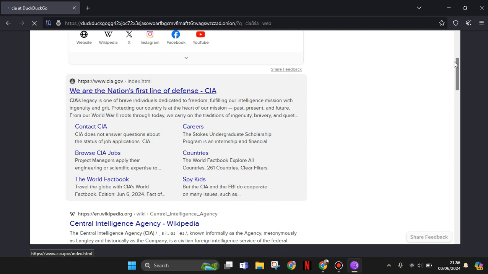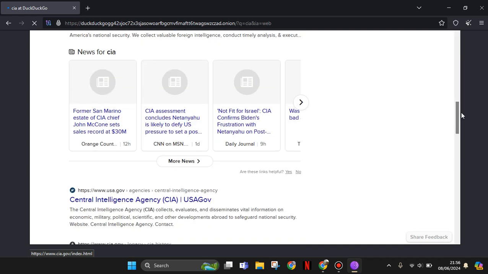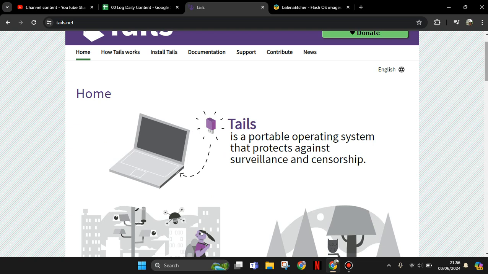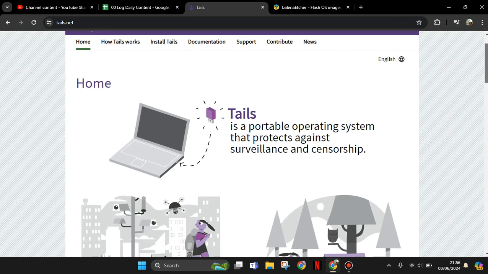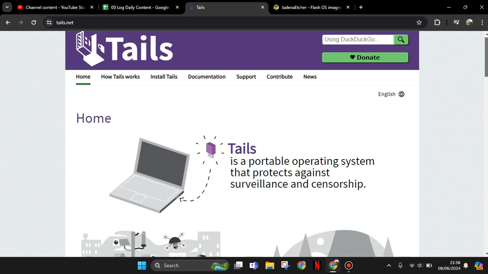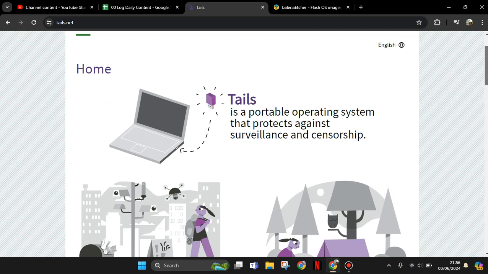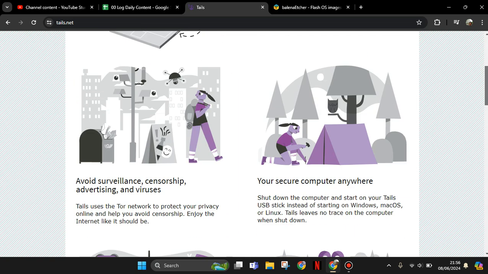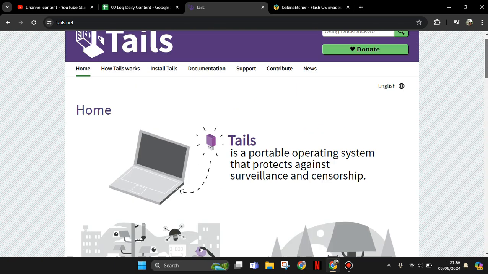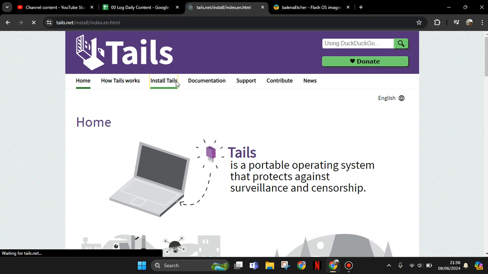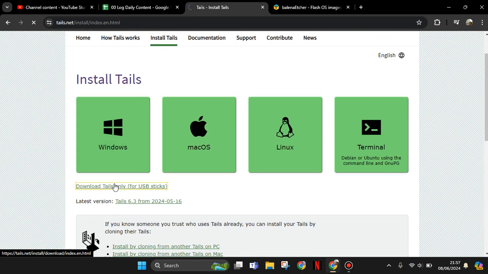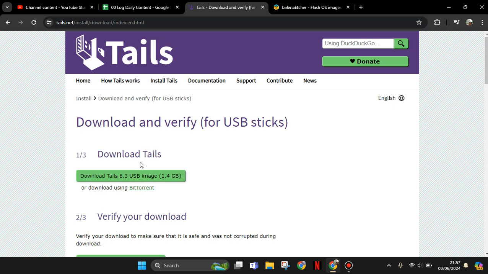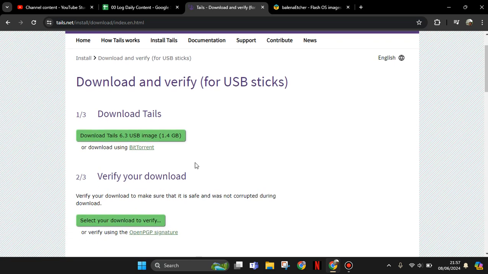So let's level up to level 3. In level 3, you still need the Tor browser, but before that you have to prepare a USB. 8 gigabytes is enough, and download and install Tails. This is a portable operating system that protects against surveillance and censorship. This is free software. You can download and install Tails like this one. Download Tails only for USB stick. So you can download the Tails USB image,